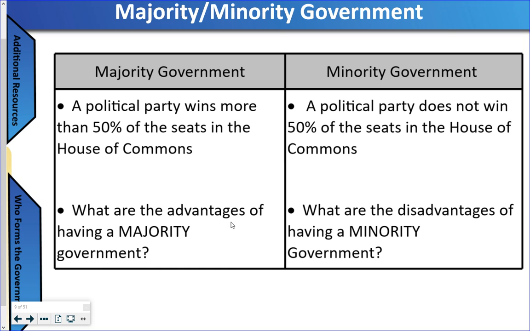You can get things done a little bit more quickly, etc. Whereas the disadvantage of a minority government is that it is unstable. Maybe one advantage of a minority government is that the government in power has to listen to the minorities. However, a big problem with that is that sometimes the government has to play along with one party at the expense